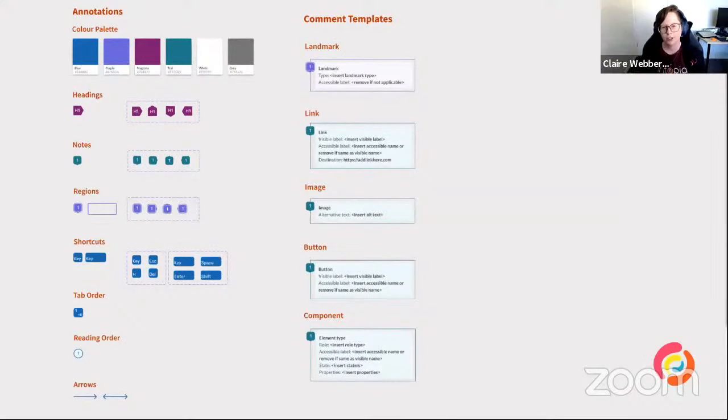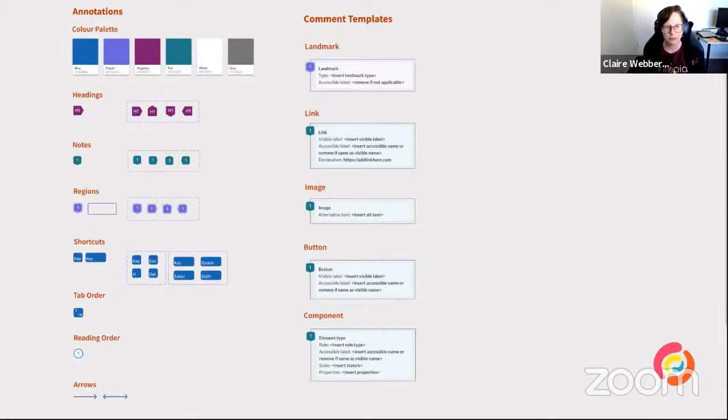So what is included in our kit? Our annotation system, as Sarah mentioned, is reduced a little bit from the others. It has a little less to use, but we've tried to condense it so that it's really easy and quick to use and you don't have to be confused by too many different annotation options. We'll be referring to Figma specifically in the following examples, but keep in mind that these techniques can be applied anywhere regardless of software. This kit in particular is available in the Figma community. However, you can implement similar things regardless of what software or tools you're using.